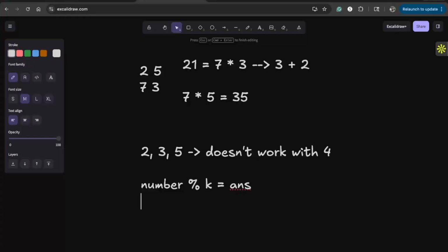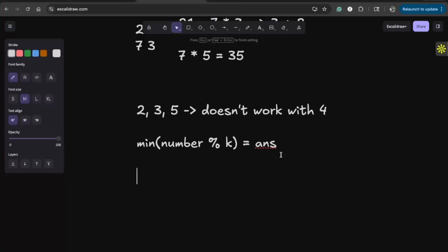Now we will eventually have to go through each of the values inside the array and minimize this answer. So we would just have to take the minimum of all of this. But this is not the case right now because we cannot decrease values. And to make sure we can still find the solution, all we have to do is subtract k from this